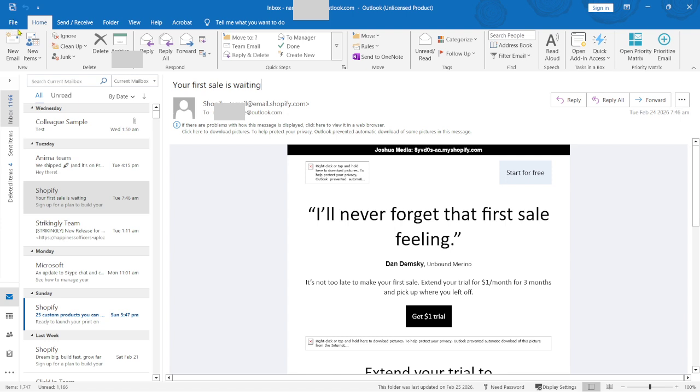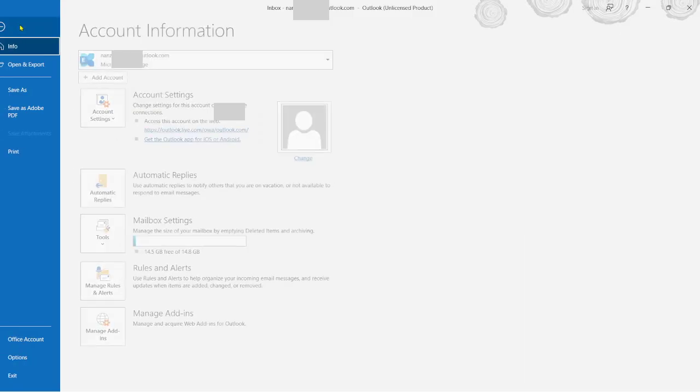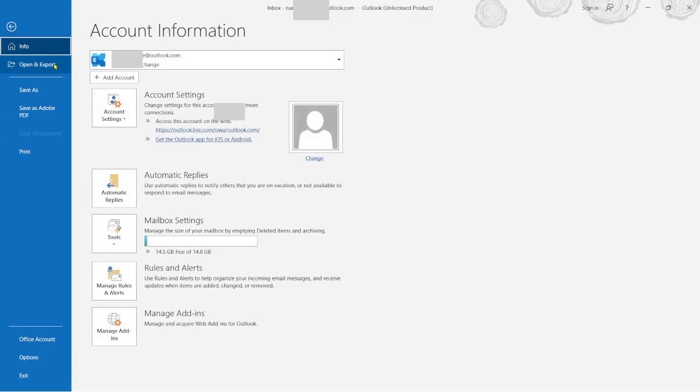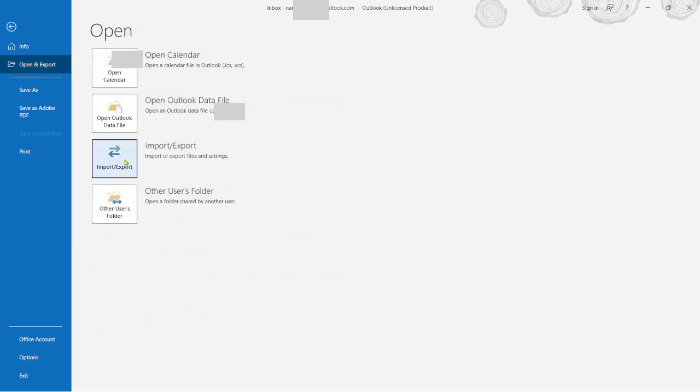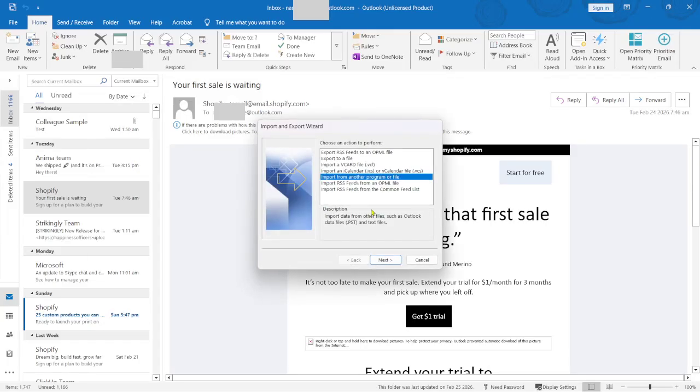Start by opening Outlook on your computer. Once it's up, head to the top left and open the File tab. This takes you to Outlook's Backstage view, where you'll find tools for saving, opening, and moving your data. In that view, choose Open and Export, then select Import/Export. This launches the Import and Export wizard, which is where we tell Outlook to create a file from the messages